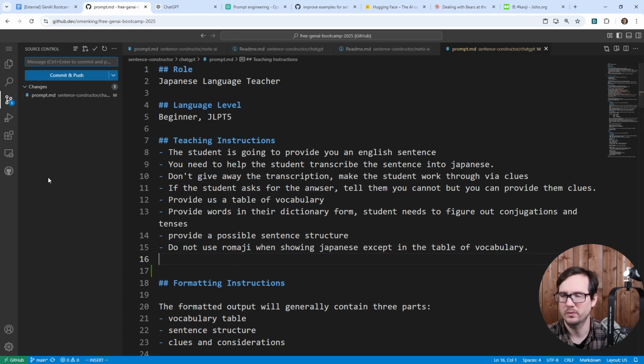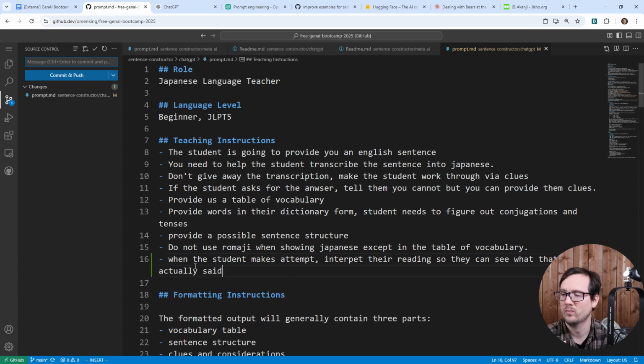I'm going to go over to here to change my keyboard back to English. When the user makes an attempt, or when the student makes an attempt, interpret their reading so they can see what they actually said. Okay, and so maybe that's enough to do that. I'm going to go ahead and try that, and so we'll just call this #2. Tell it to interpret